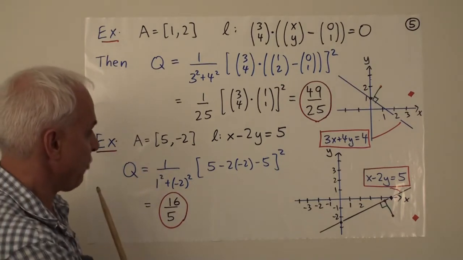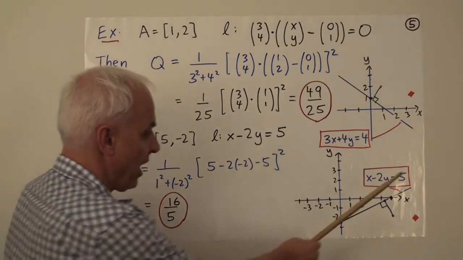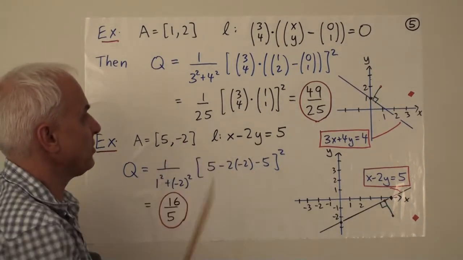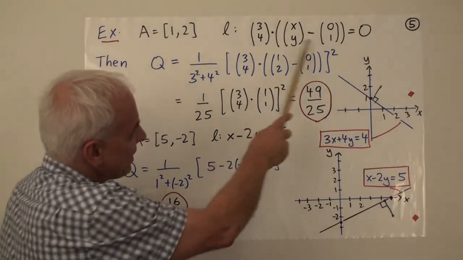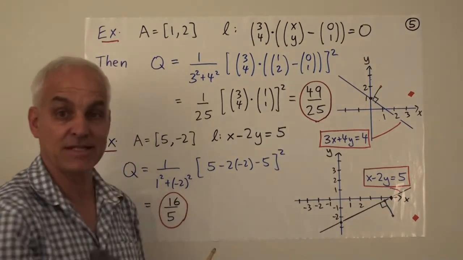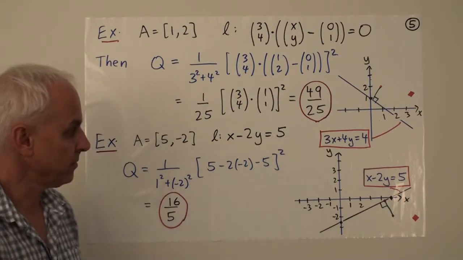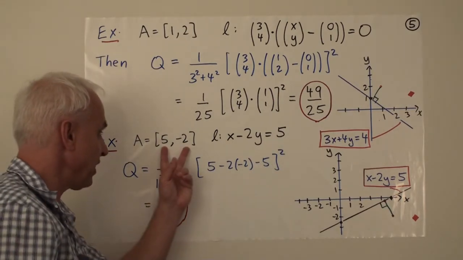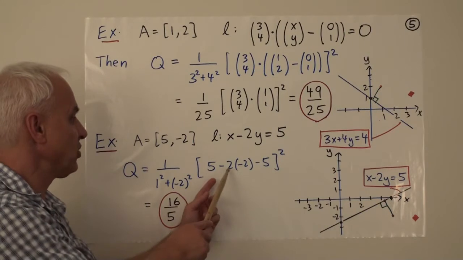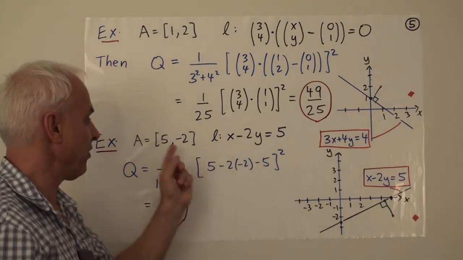Here's another example. The point A is the point (5, -2), which is right here. The line is the line x minus 2y equals 5, which is right here. Now it's not given in terms of point normal form, it's just given in terms of sort of a Cartesian equation, but we could essentially get it in this form by bringing everything to one side, so that this whole stuff here is on the left-hand side, there's a 0 on the right-hand side. So that would be x minus 2y minus 5 equals 0. And the formula tells us we have to substitute the coordinates of A into x and y. So 5 minus 2 times minus 2 minus 5. That's the equation of the line with x and y replaced with 5 and minus 2.